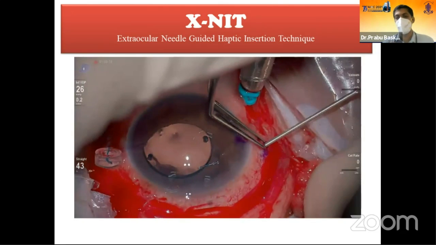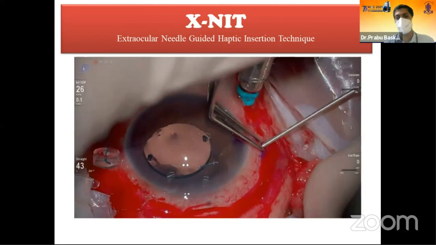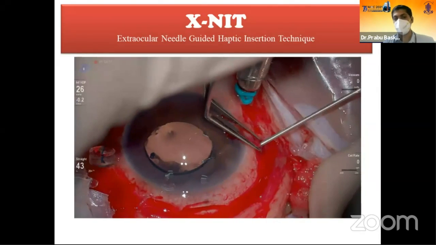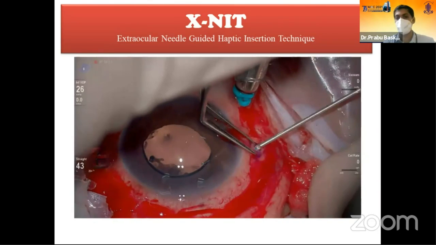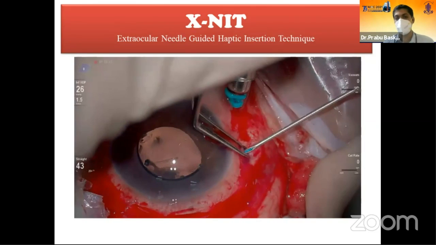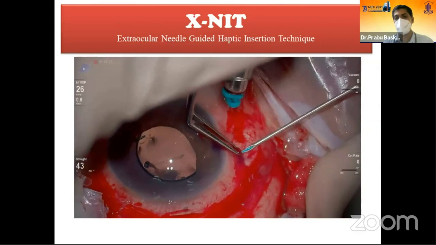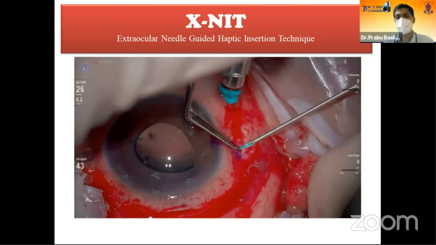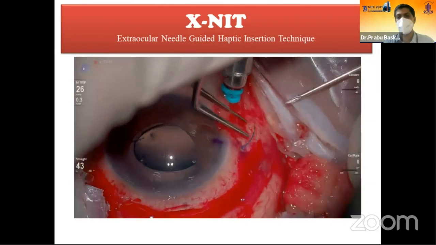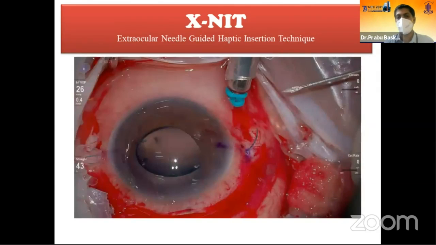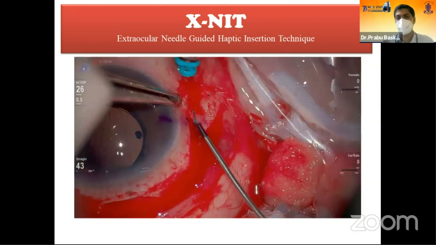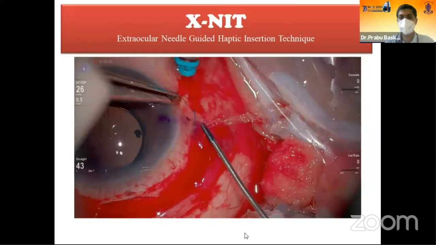The idea is, when you do it without holding the haptic, this stress can have an impact on the other side. Because of the silicone stopper, your leading haptic is safe, but the haptic optic junction may give way. That shouldn't happen. So it's a good idea to hold the haptic like this and disengage. That gives a very clean exteriorization. You can clearly witness that the haptics are absolutely intact, especially the tips, because we have not touched the tip at all. This is critical.